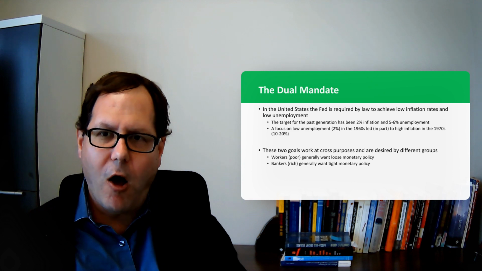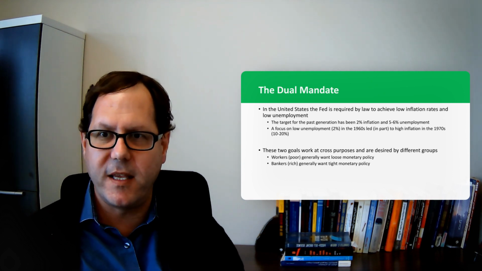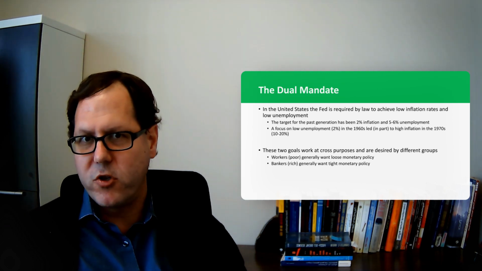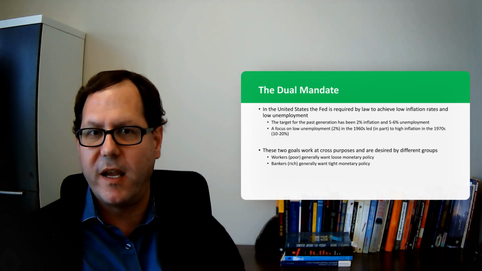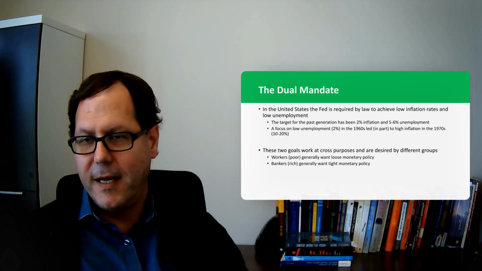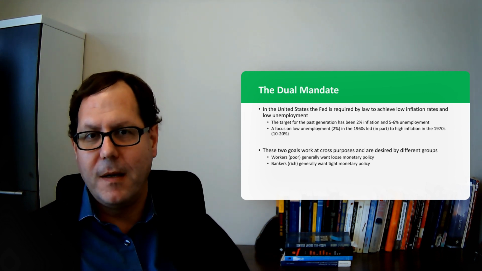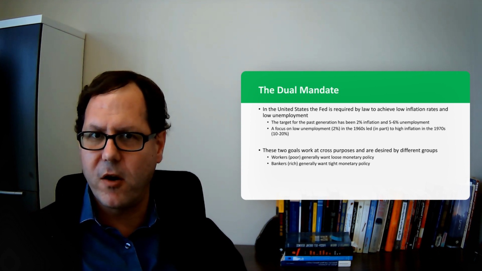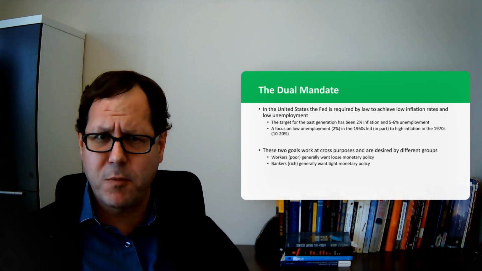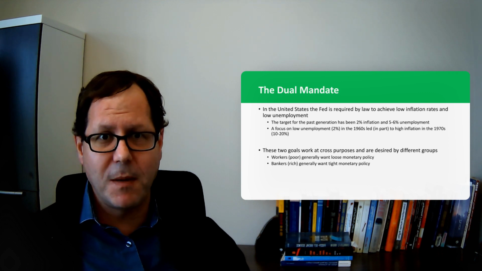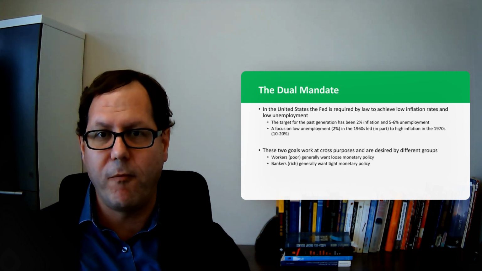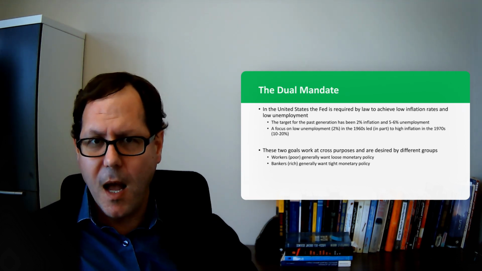And in fact, written into law, in the law that creates the Federal Reserve, is a dual mandate: that by law, the Federal Reserve is required to set monetary policy in a way that maintains low inflation and low unemployment. What that means has changed over time. Typically for the last 20, 30 years, the Federal Reserve has shot for about a 2% inflation rate and 5 to 6% unemployment. Recently, I think that's maybe bumped up to about a 3% inflation rate that they're willing to target. They're willing to accept a little bit higher inflation to hopefully bring unemployment down a little bit. But there's definitely that trade-off.